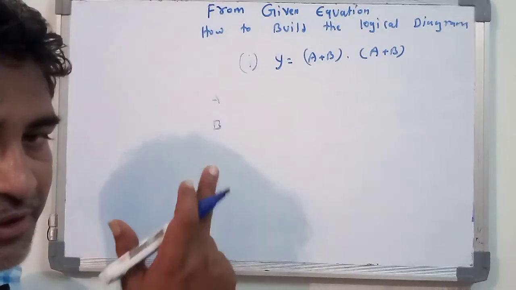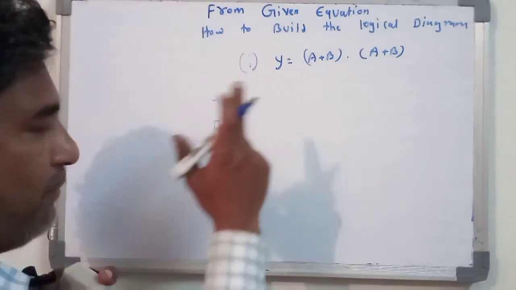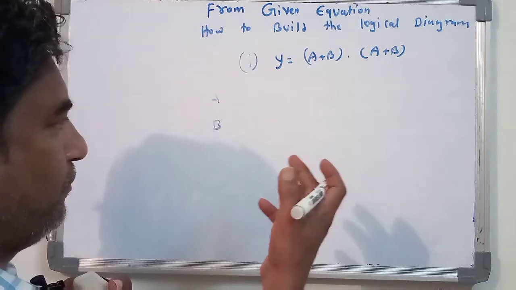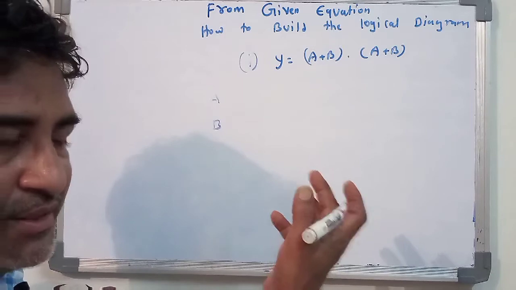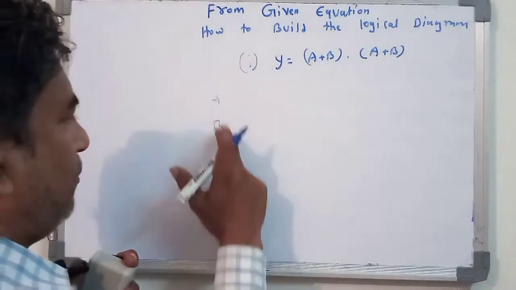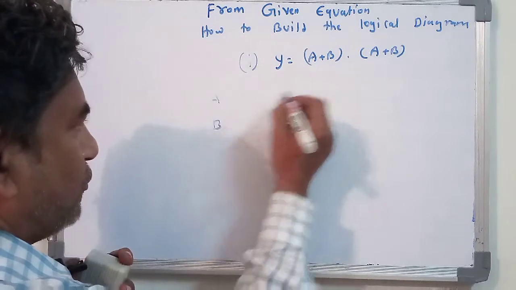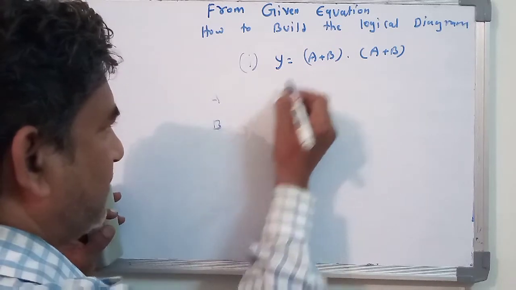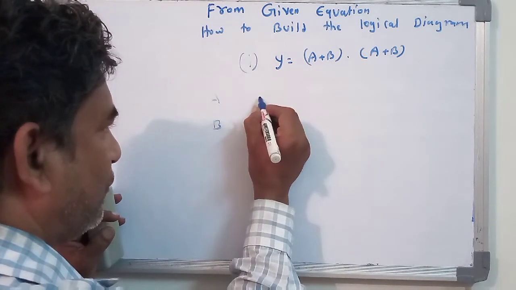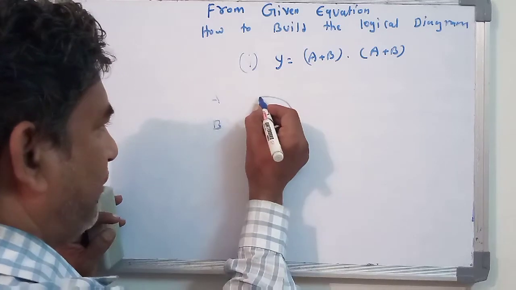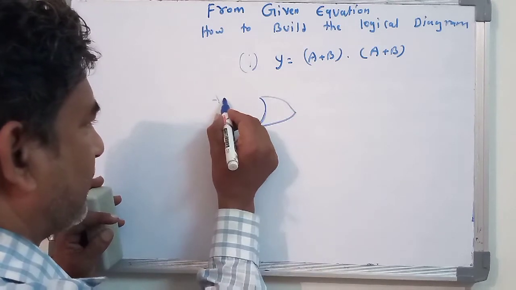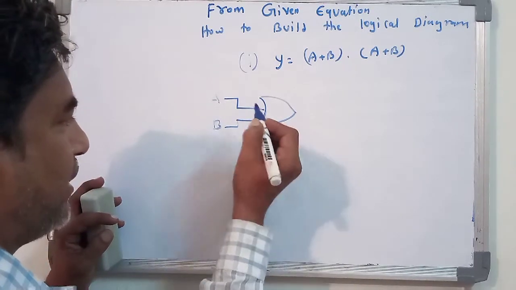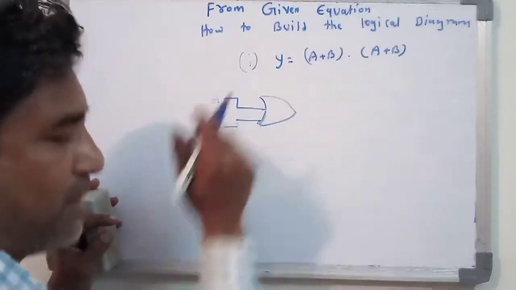There are two methods for drawing this equation. Very first, I am taking the first method, and after a little while we will see the second. So now the two variables have been assigned. So what is the gate? That is a plus b, which is nothing but the OR gate. So here is the OR gate that you have to draw, and the variables have to be written like this. They have to be connected to the inputs of the first gate.